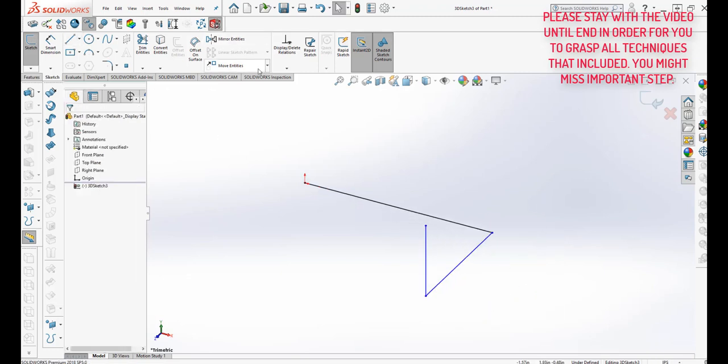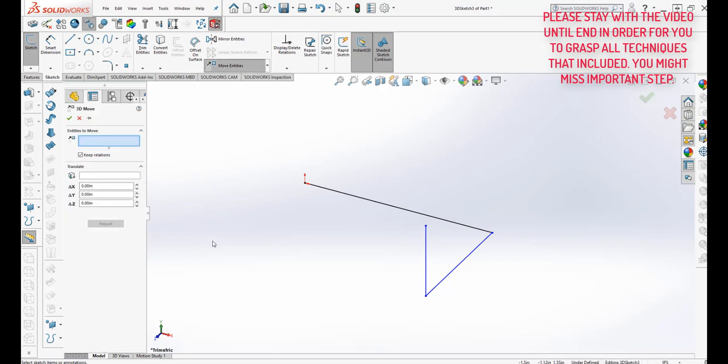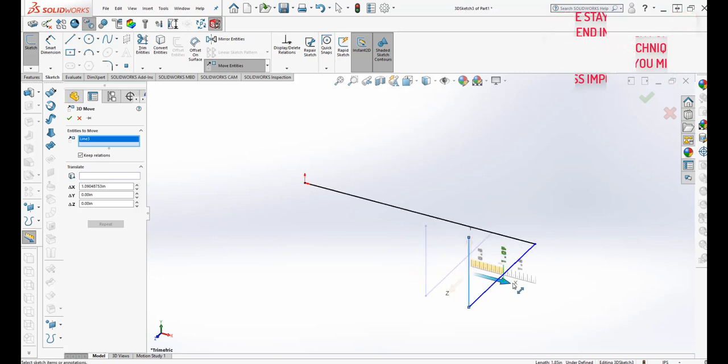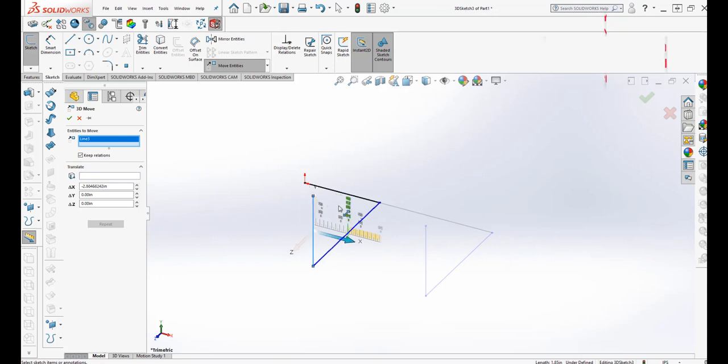Now let's do the move entities. So the entities to be moved, let's say I pick this one, so it says the lines. So see the Y and the Z and the X, so you just grab the arrow and pull it out, or move it up, or pull, and then Y direction, or going back to the same place, and Y direction, or going down,